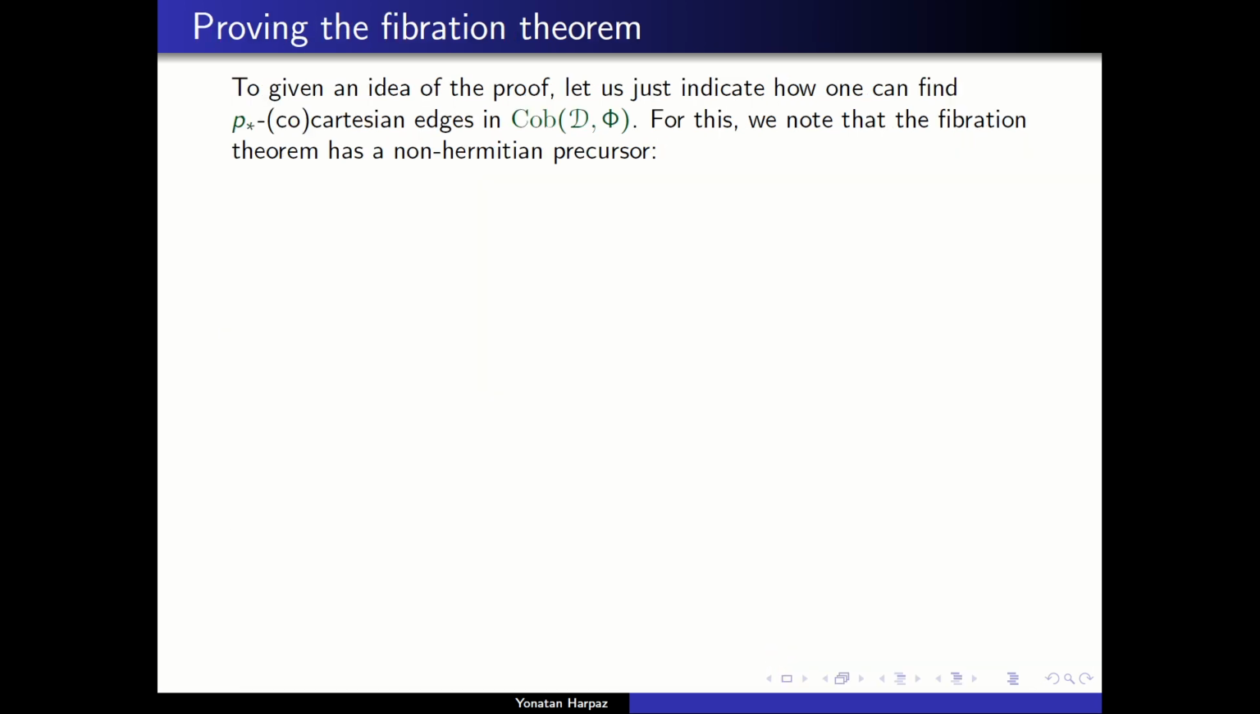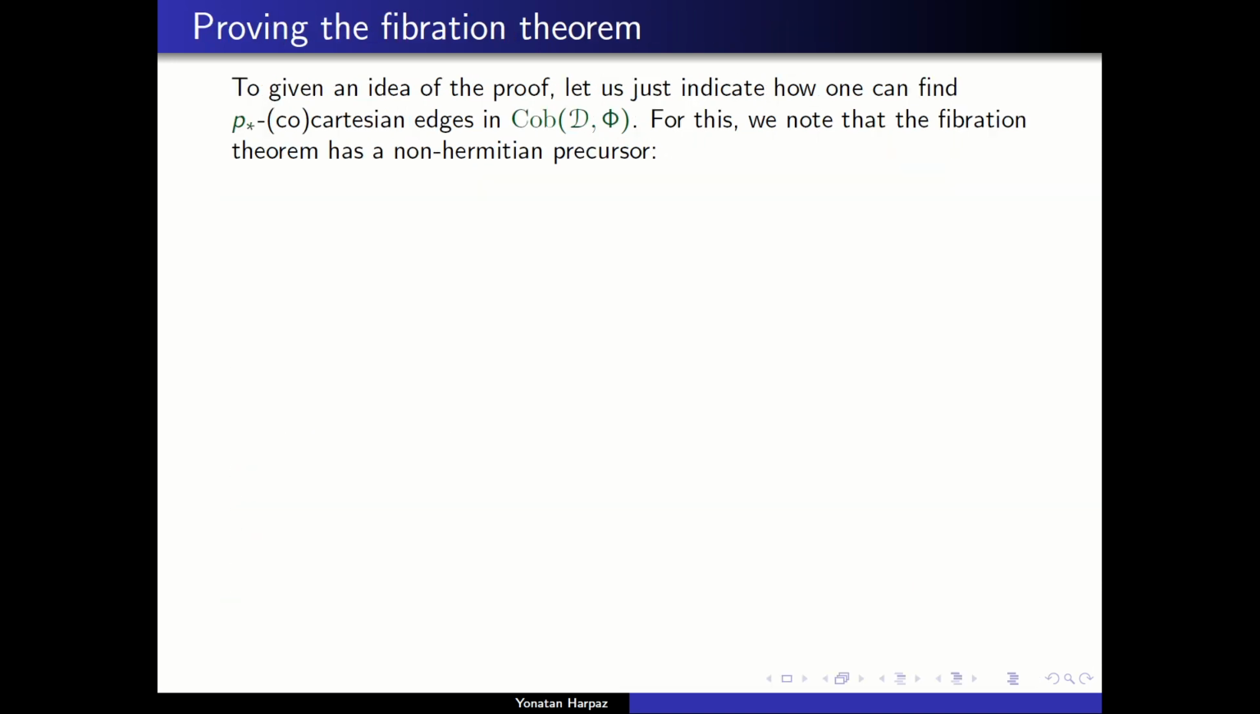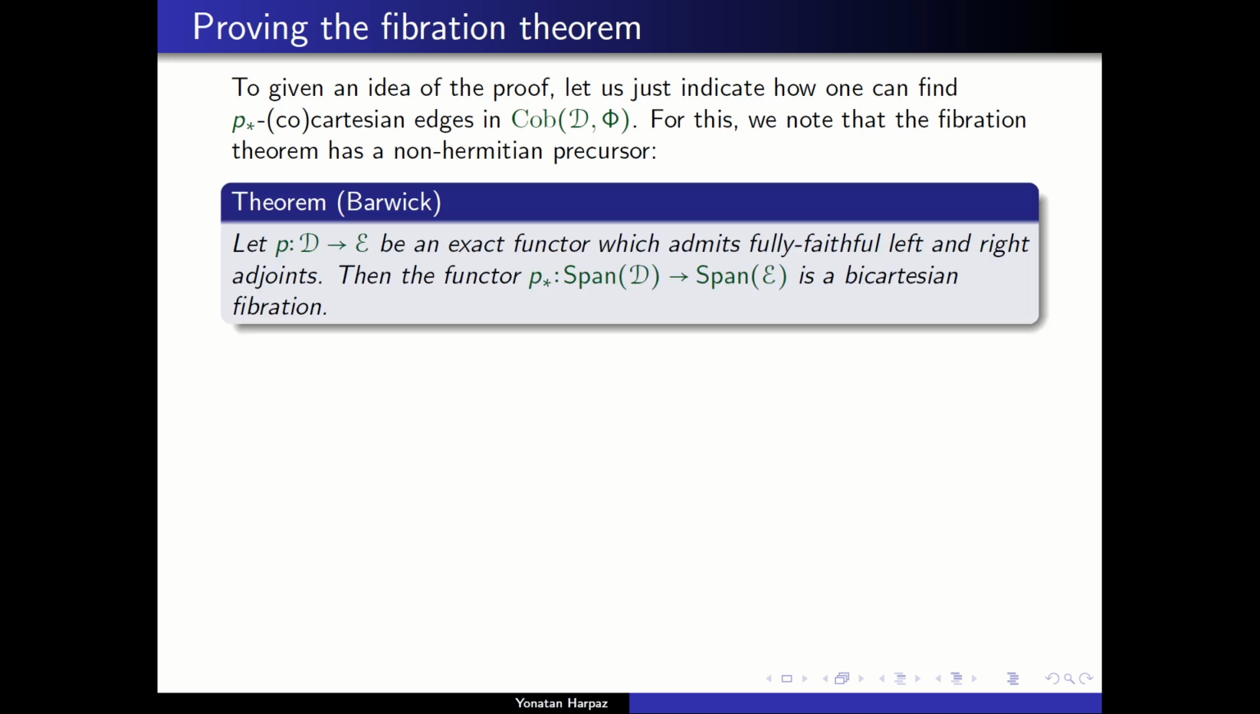Now, let us indicate a little bit how we prove the fibration theorem. I will describe here just one step in the proof, and this is the step of how to construct co-Cartesian lifts to cobordisms in E. For this, we note that the fibration theorem has a non-Hermitian precursor, which was proven by Bauerich, who proved